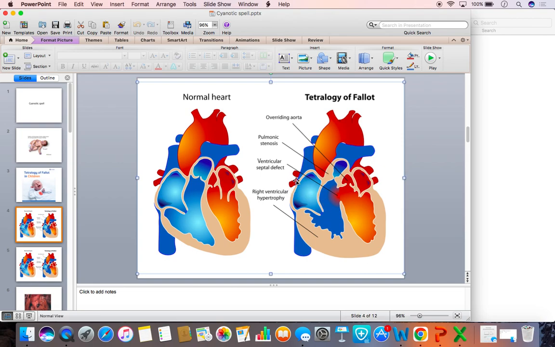And because there is deoxygenated blood flowing in the systemic circulation, there is a degree of hypoxia. This is aggravated in the patient with tetralogy of Fallot when there is severe spasm of the right ventricular outflow tract. And during crying, there is increased venous return to the right heart. Combined together, more blood flows into the overriding aorta through the ventricular septal defect. That results in the systemic hypoxia,